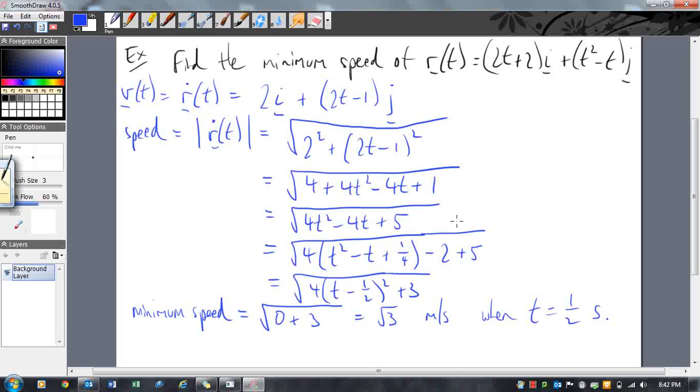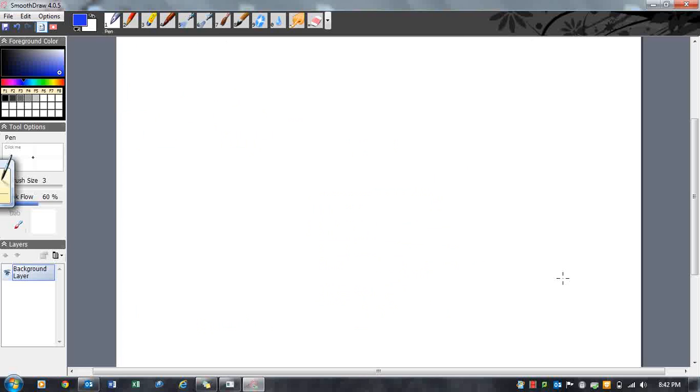Like I said, from this point here, you could just take the derivative and you'd get 8t minus 4. Where's that equal to 0? You solve for that, you get t equal to half. You find that that's a minimum, and then you can find the value. There are a couple of different ways you could do it. Let's just have a look at a more complicated example,